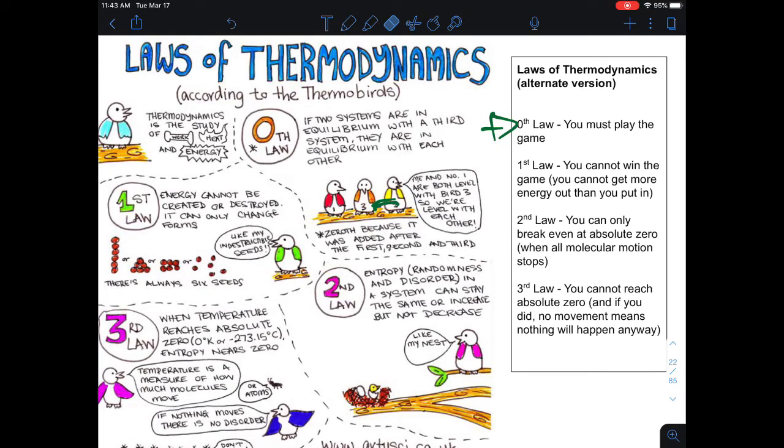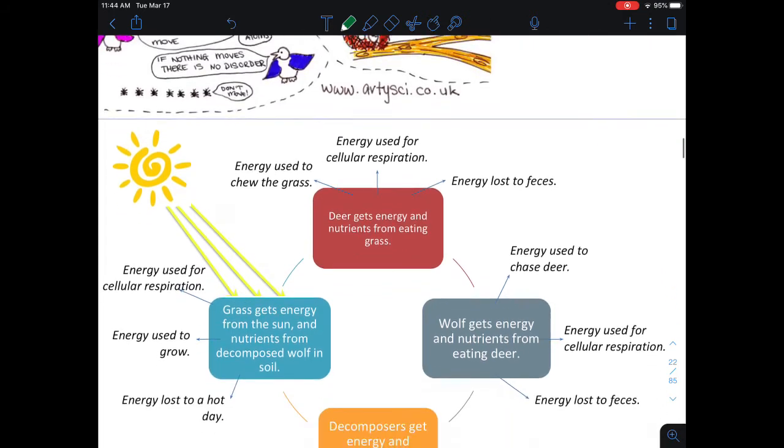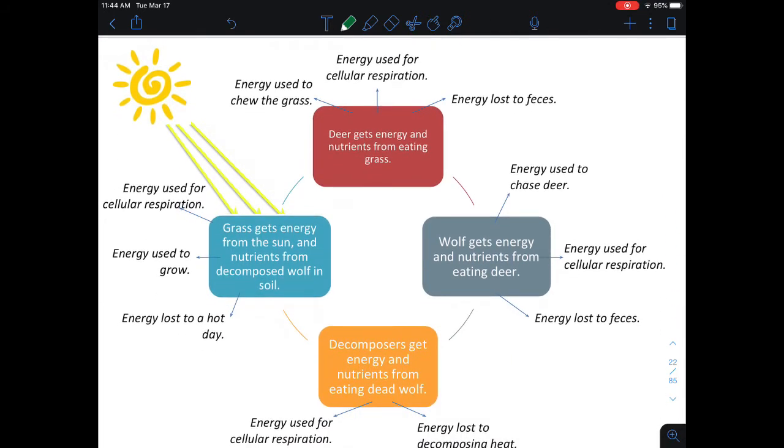The third law of thermodynamics is an interesting one because we keep trying to reach absolute zero. There are labs around the world that are trying to do this, well, maybe not today, but most days. And we keep getting closer and closer, and it would be very interesting if we were able to get to absolute zero, if we were able to stop movement of molecules.